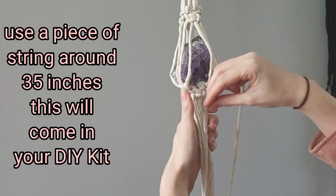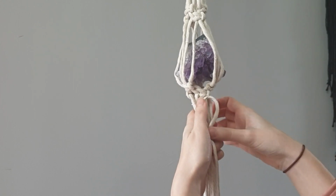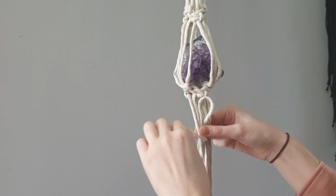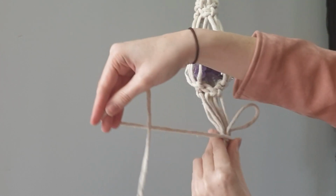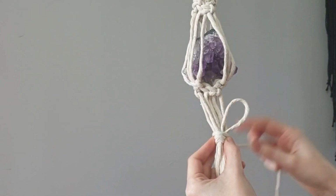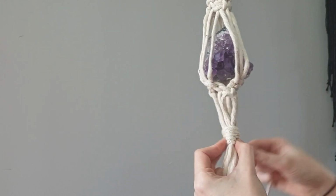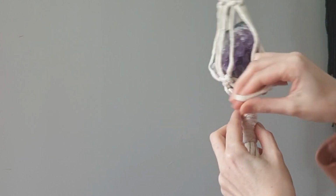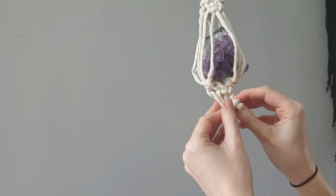So to do this next part, you need to put this part here and make a little loop at the top. Hold that with your thumb and then get the longer piece and wrap that round. Hold that piece in place with your thumb. This can be a bit tricky. And then wrap it round the loop. But the loop should be quite long because the loop should still have a little bit left at the top. So you're wrapping it around right to the front, and then this bit that's left goes through that loop,